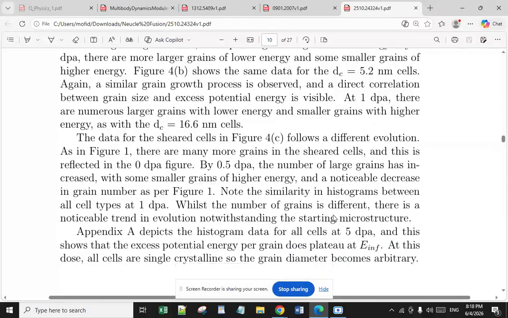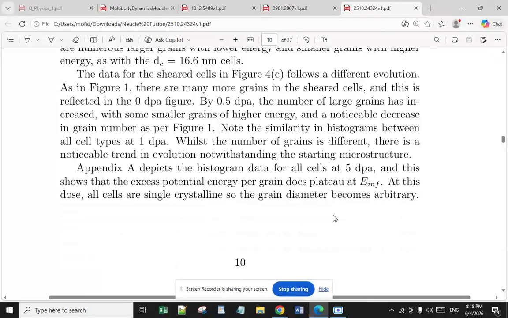The data for the sheared cells in Figure 4c follows a different evolution. As in Figure 1, there are many more grains in the sheared cells, and this is reflected in the 0 dPa figure. By 0.5 dPa, the number of large grains has increased, with some smaller grains of higher energy and a noticeable decrease in grain number as per Figure 1. Note the similarity in histogram between all cell types at 1 dPa, whilst the number of grains is different, there is a noticeable trend in evolution,